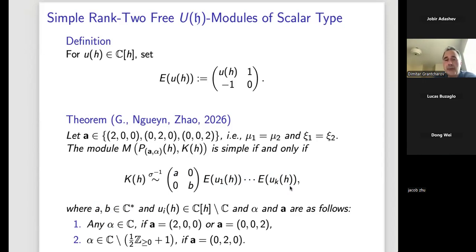You try to parameterize, you have some parameter like roughly central character, some discrete parameter, two non-zero parameters, non-zero complex numbers, and then a set of polynomials. Okay, and again, this is one of the easiest cases.